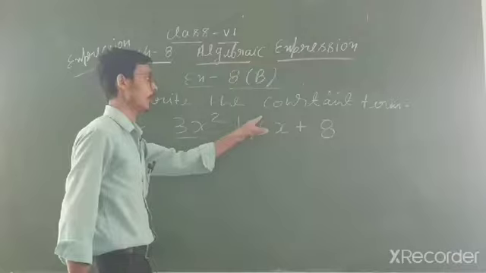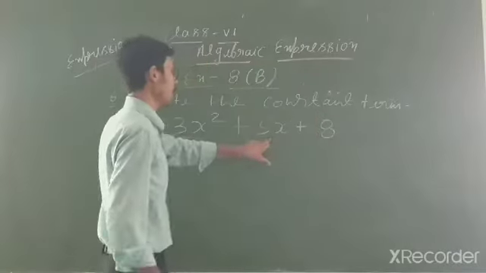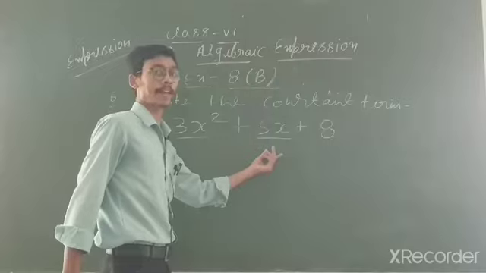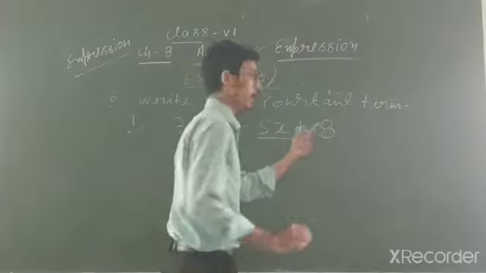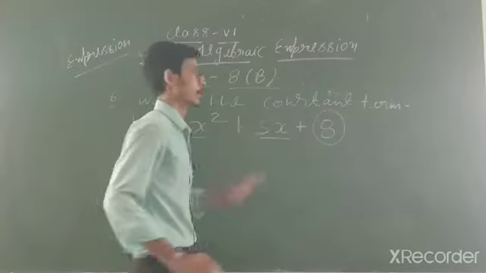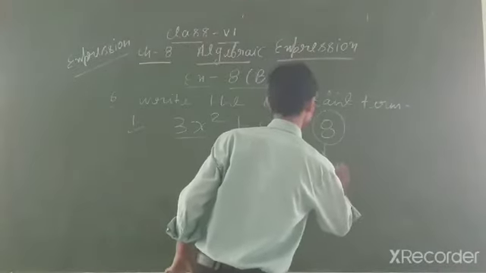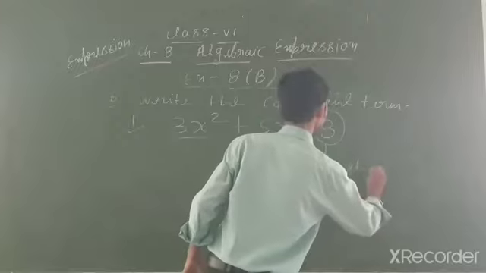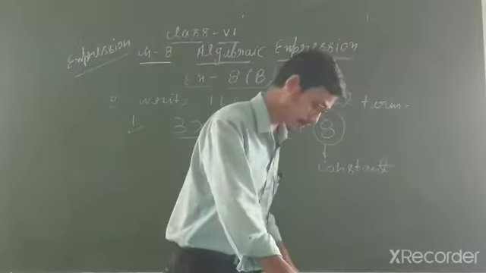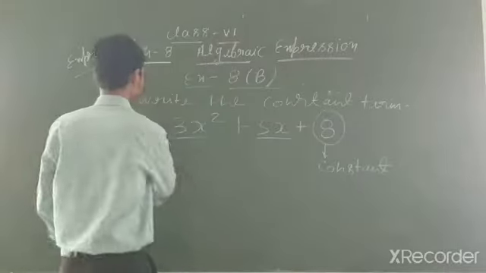You have to find out only the constant term. 5 is given and x is given. This is also a combination of variable and constant. 8 is given. Yes, this is our answer. Why? Because this is only constant. So 8 is our constant. Clear student? I think now you are able to solve the question. Now come to the next question.